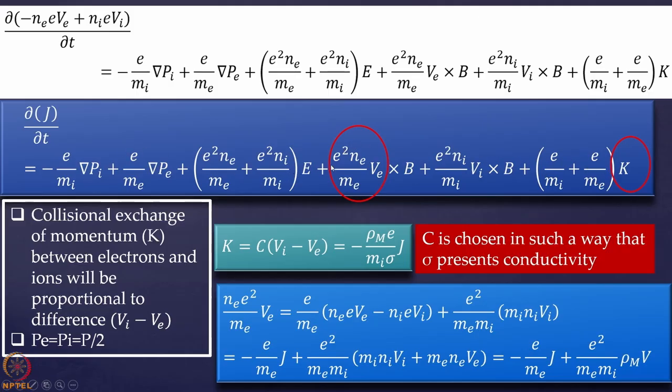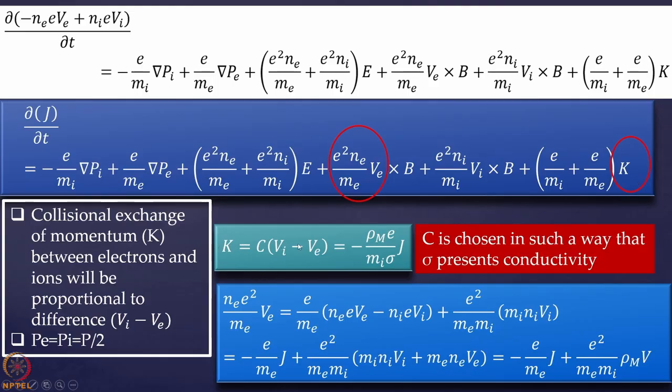What we will do is try to simplify this equation in a better and more insightful manner, doing some approximations which are legitimate, which are acceptable approximations. We will do that to simplify these equations and bring them to a form which is meaningful and gives us insight about the problem. And about this K, we will be modeling it.